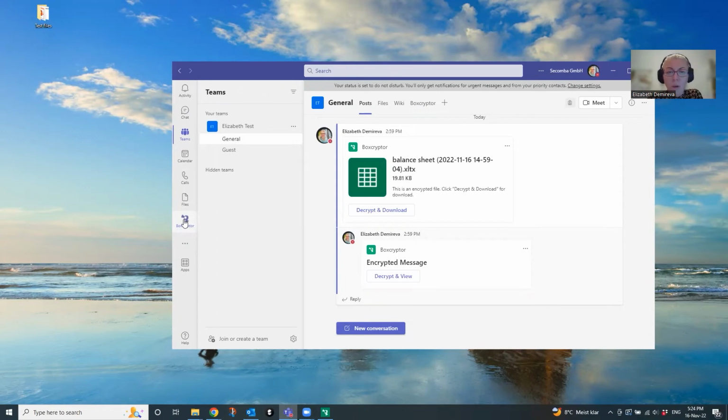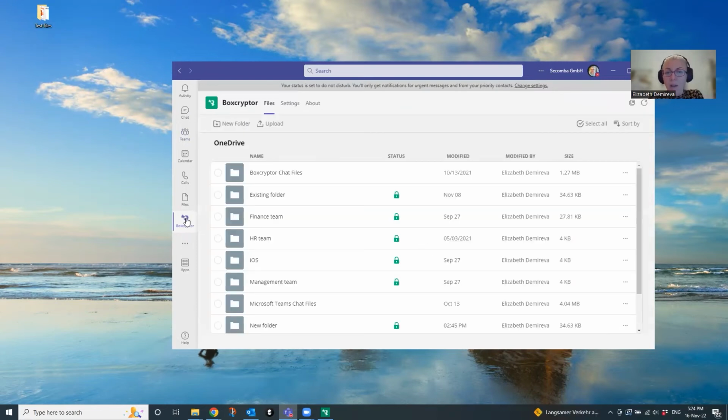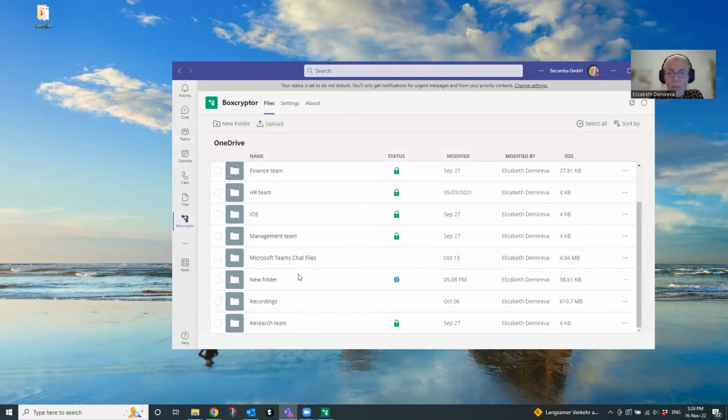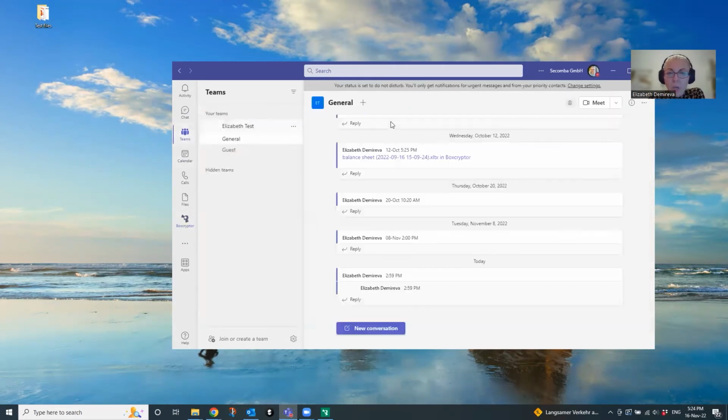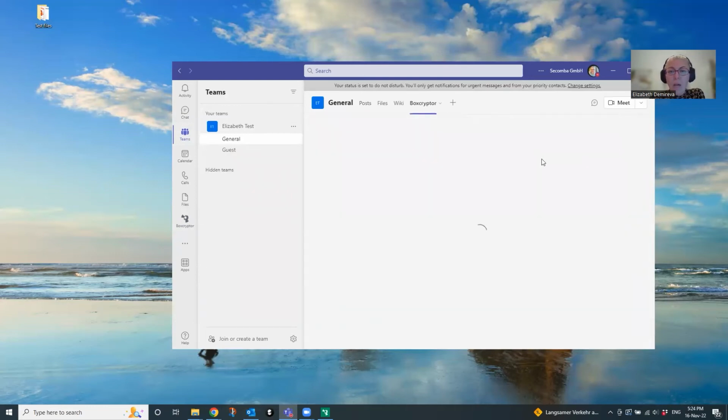So as soon as you have it installed within your Teams, it will be available on the left side, which gives you a direct connection to your personal OneDrive, in case you might need to see some data directly from here. So yes, here is the folder that I have created for the demo today. Then you can also find Boxcryptor on the channel here at the top as a channel app, where you can